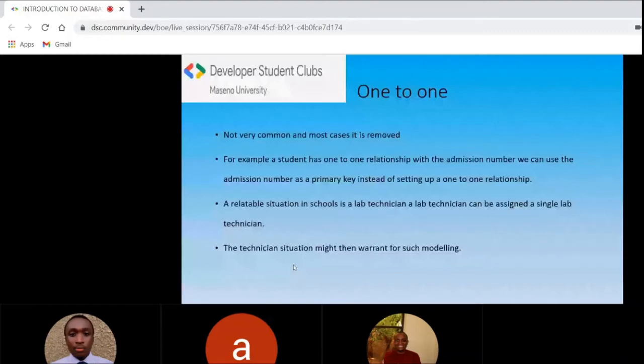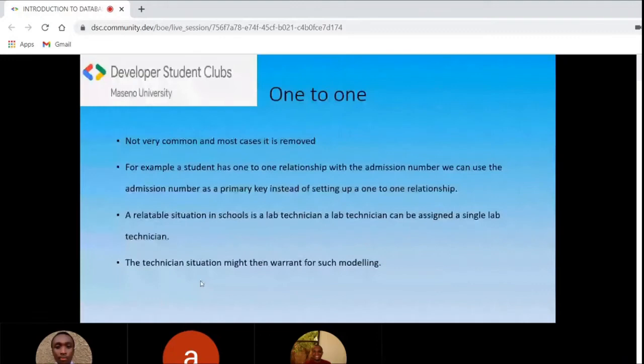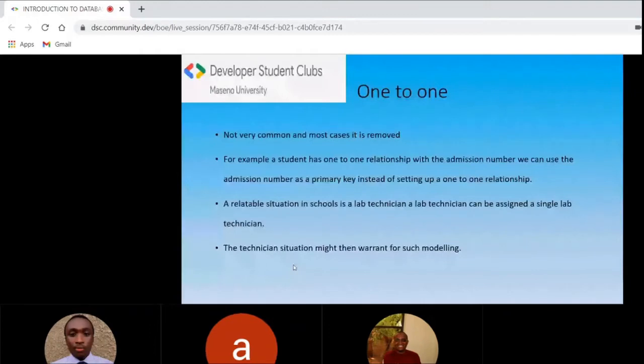But in most cases, one-to-one relationships don't happen much. Because if I was to start a school, I would assign a certain technician different labs, so that I can see value for my money. There's something called return on investment. So let's talk of